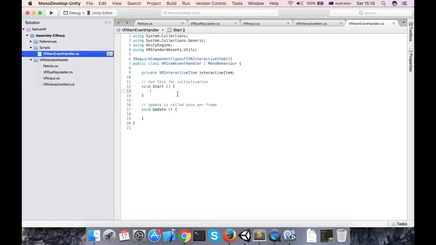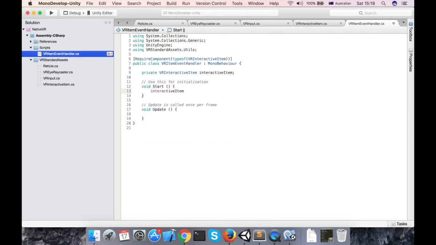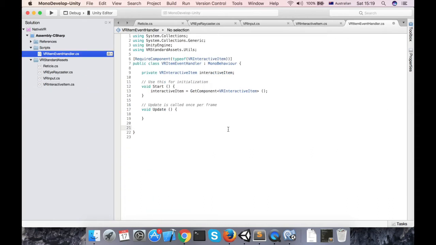So first thing, I'm gonna get a reference to the interactive item. Get component interactive item, all right? And I'm gonna create an object, actually it's a delegate, to be called. The way actions work, they have these events that expect functions to be called when they happen. So in my case, I will have a function, I don't know, onGazeEnter, and the function